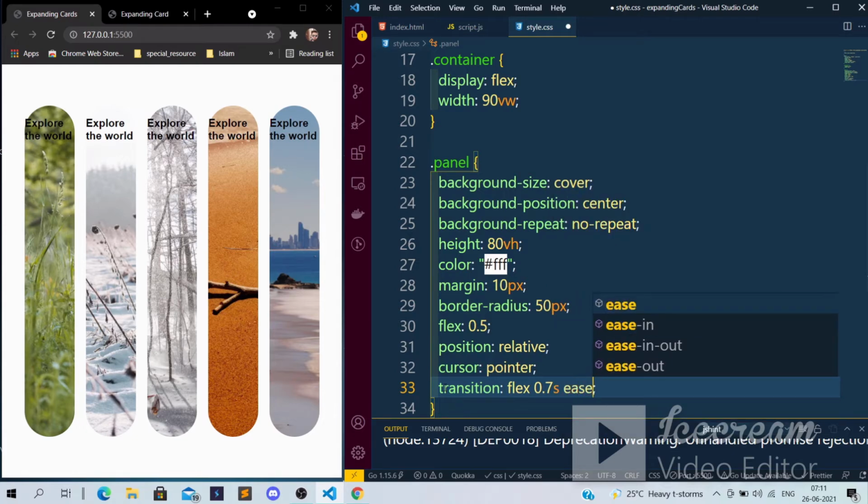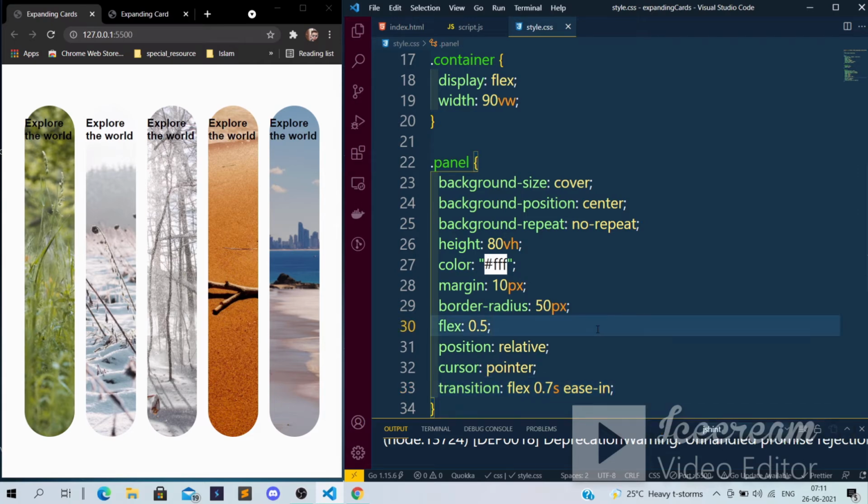Okay. As of now it will not expand. Why? Because I have not applied the on click method yet. If you see, now there is a cursor pointer over it. Earlier it was showing something different. It will not work yet, because once I click on it, then the transition will work.